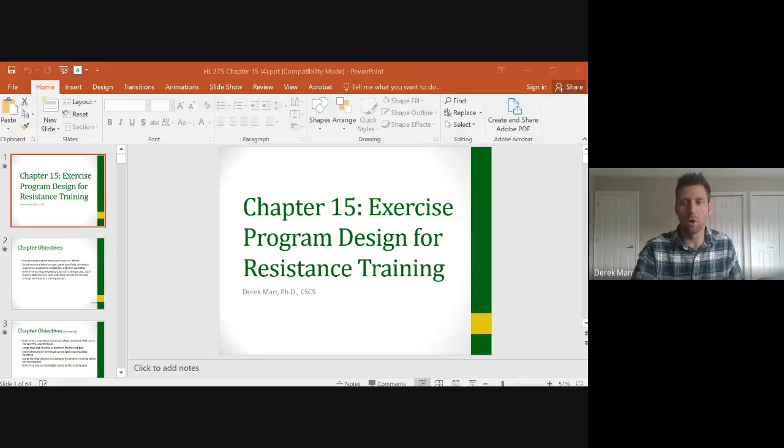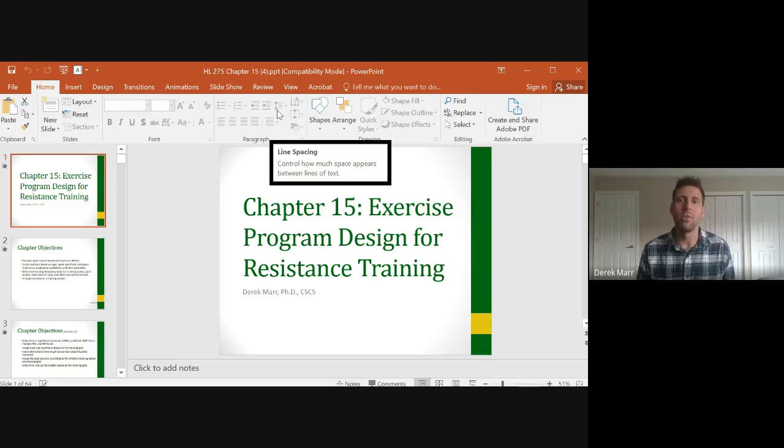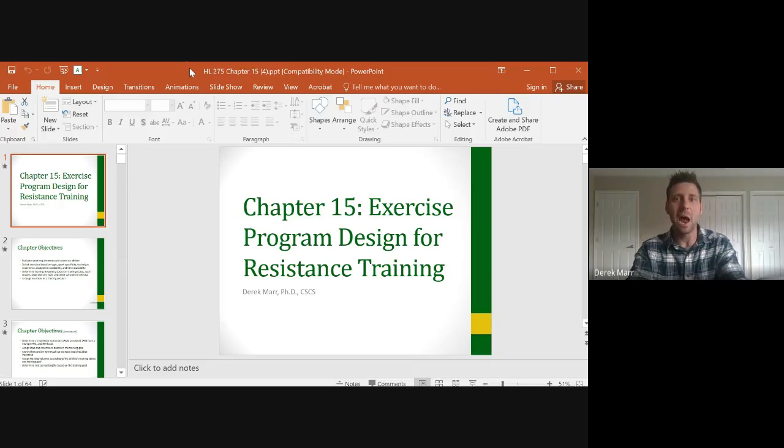Today, what we're going to be talking about is moving forward to the next one of our blocks of information, and that is going to be dealing with the actual training design for specific components of physical fitness. In the past, we talked about exercise technique. We did a lot working with interactive videos to be able to address proper cueing for a variety of different exercises. Now we're going to talk about how we put these exercises together to address specific goals